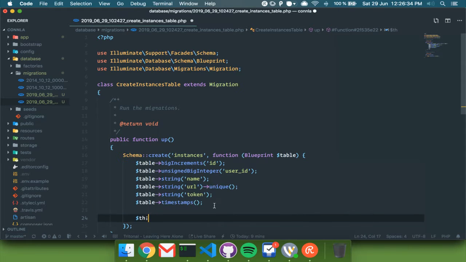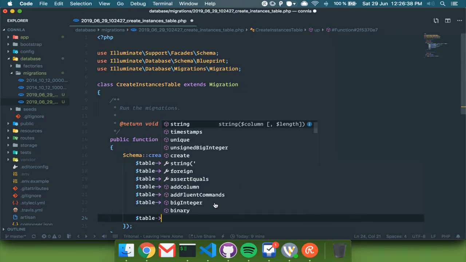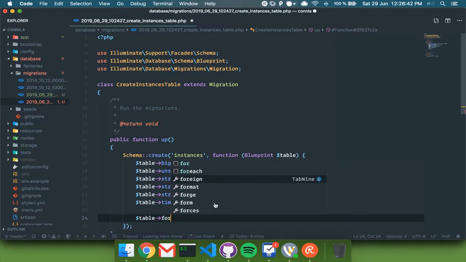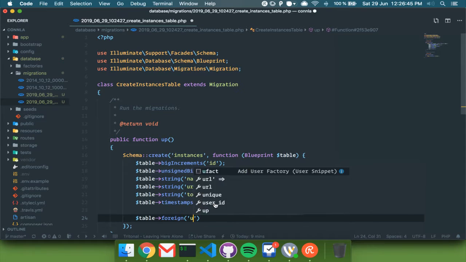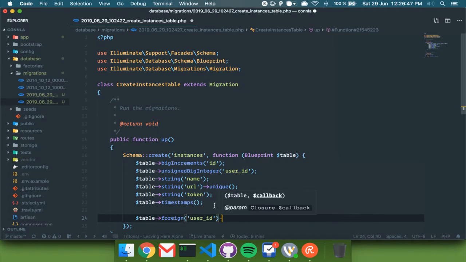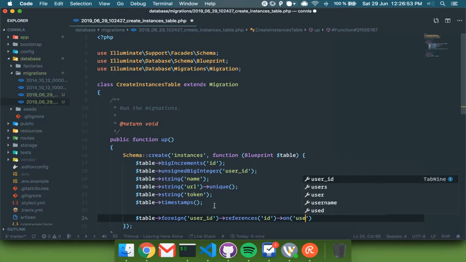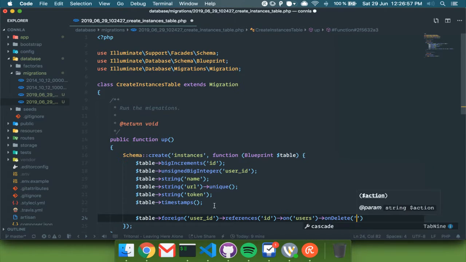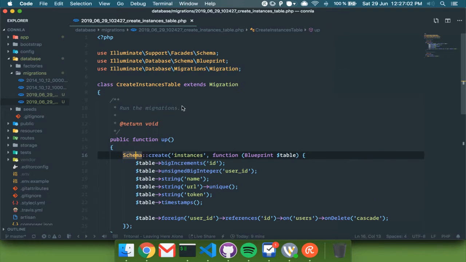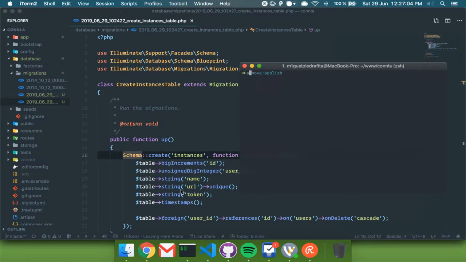But before, we need to make the relationship: user ID references an ID on the users table, and once the user is deleted, this should be gone too. Okay, so let's migrate